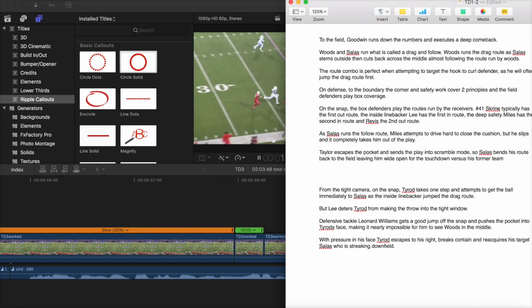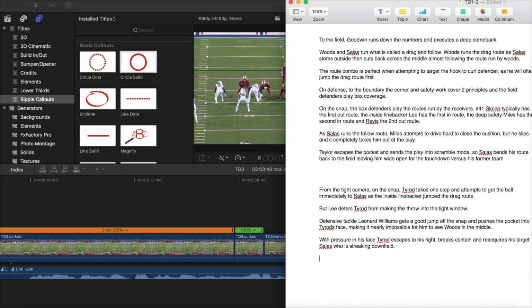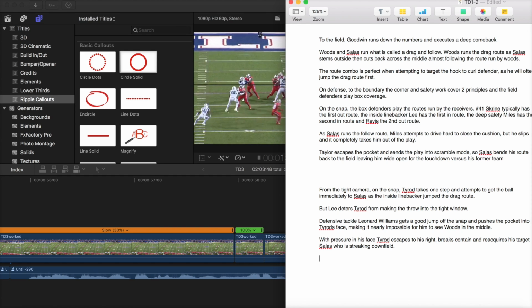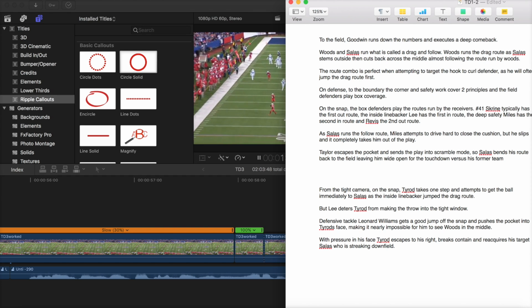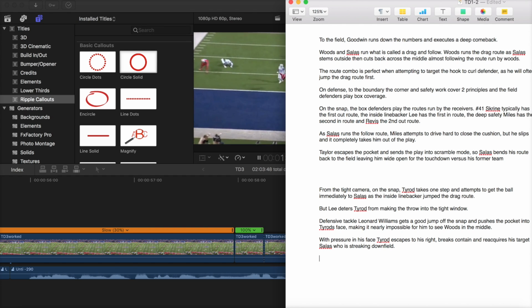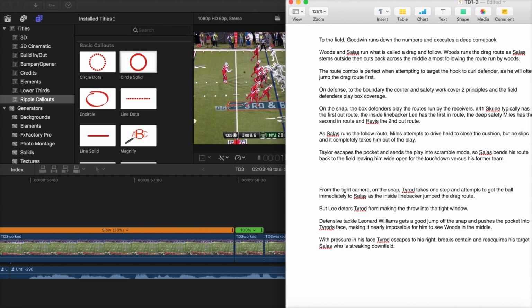From the tight camera angle, on the snap, Tyrod takes one step and attempts to get the ball immediately to Salas, as the inside linebacker jumped the drag route. But Lee deters Tyrod from making the throw into the tight window. Defensive tackle Leonard Williams gets a good jump off the snap and pushes the pocket into Tyrod's face, making it nearly impossible for him to see Woods in the middle. With pressure in his face, Tyrod escapes to his right, breaks contain, and reacquires his target, Salas, who is streaking